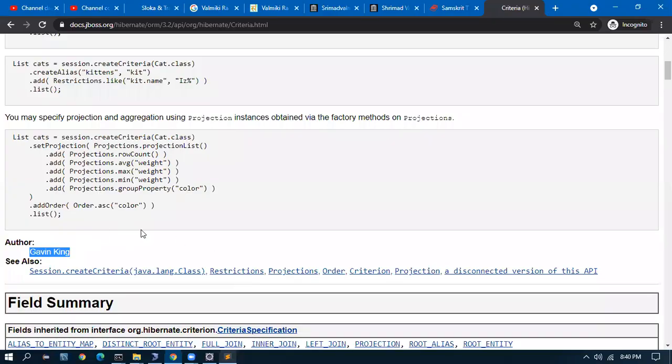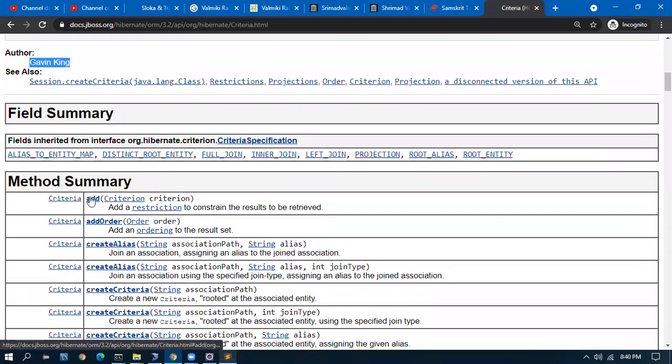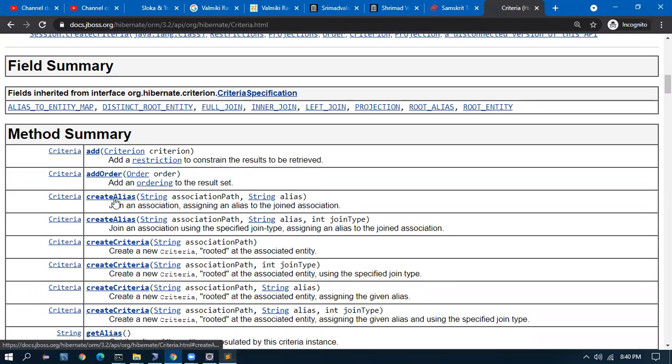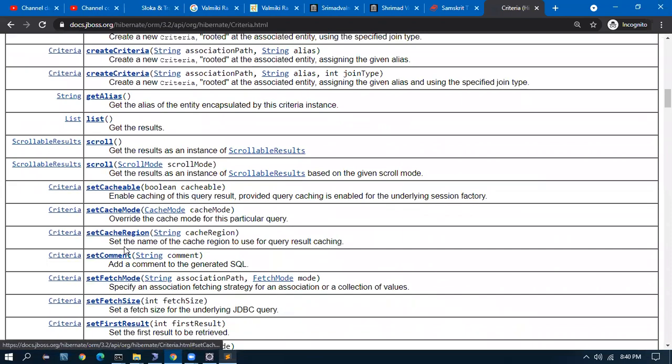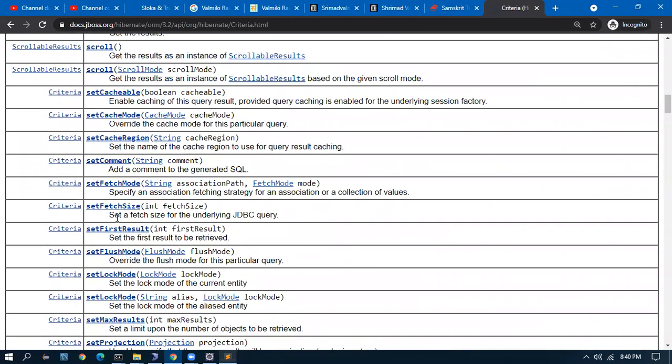Okay, that is good. Now if I go here, add order, create alias is just an alias. It doesn't have anything to do with the query. Create alias, create criteria we saw, get alias list we saw, and fetch size is for pagination.